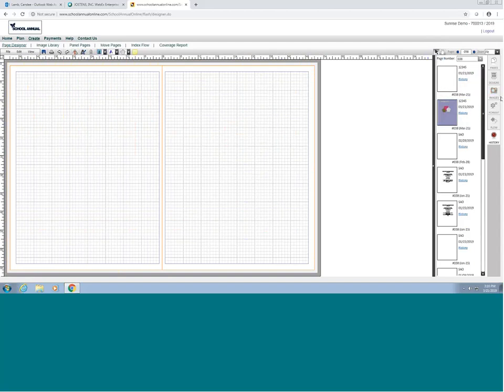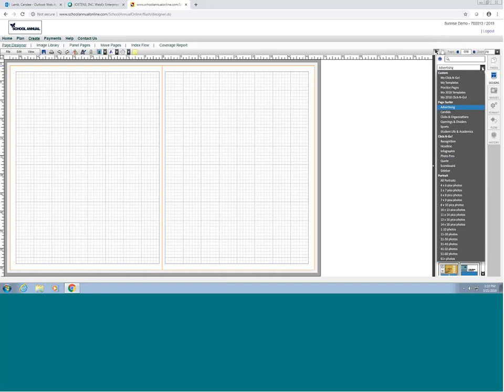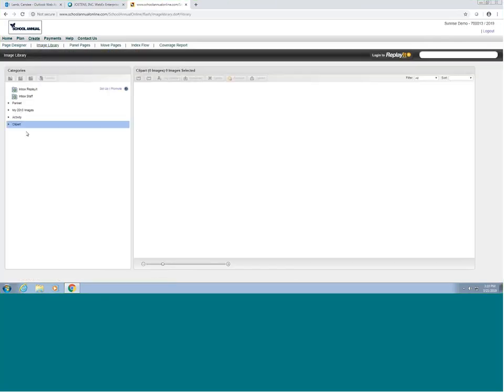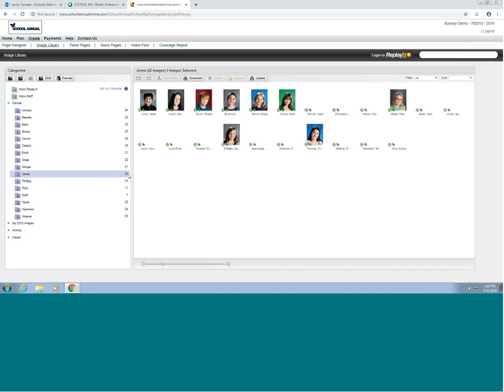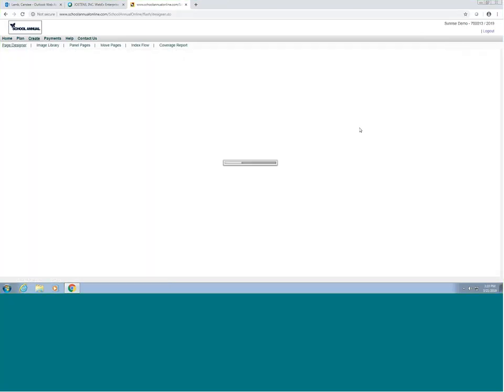Now we're going to go into designs on the right-hand side. And if you drop down, this is where all of our templates are. So if we want to look for portraits, okay, I'm going to look for something for, say, Mrs. Jones' class, and she has 22 students. And I know that because I looked at that in Image Library, so I know how many she has in there. And to show you that, right here is Jones, and she has 22 kiddos in her class. Okay, so we'll go back to Page Designer,